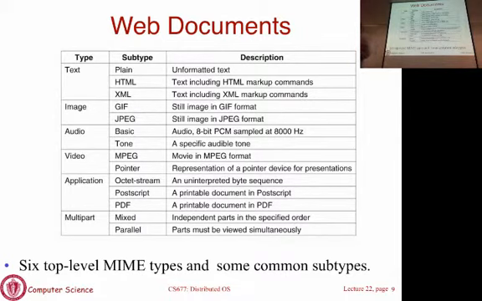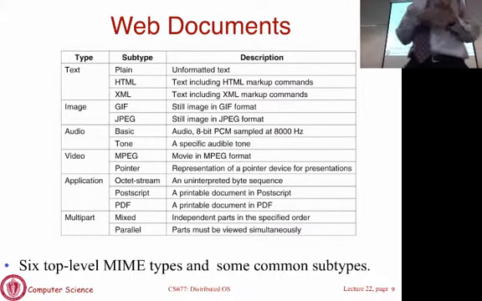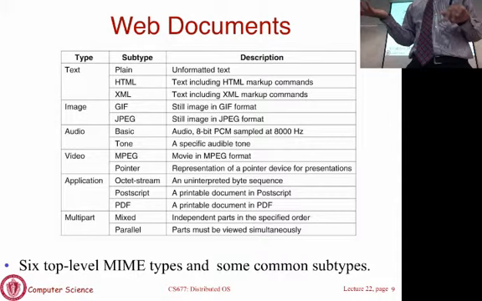Okay. So when the HTTP response comes back, the response has to tell you what is the type of content that is in the response. Okay. Response is basically some content that you have retrieved. You have to say, is it HTML text, is it video, is it audio? So that is the information that your browser is going to use to render it. So the browser needs to know what is the type of object that's being sent back. Is it a textual object? Is it an image? Is it a video and so on? So these are the kinds of HTTP responses that can come back to you, or the type of content.